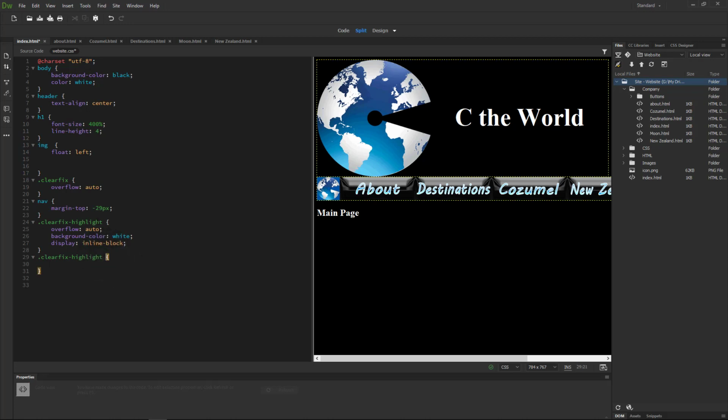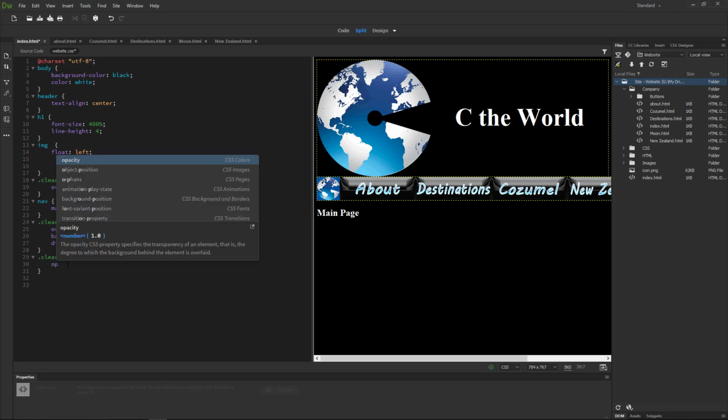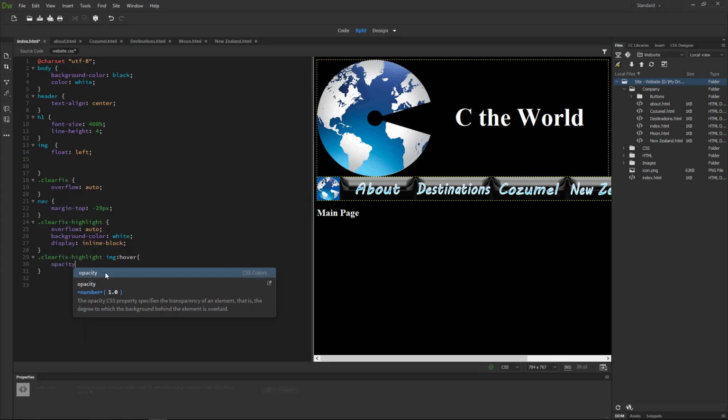So we want another .clearfix-highlight, but only for image tags. So img:hover. So an element that is selected when you mouse over it. If that's the case, then we want to do opacity, which is how transparent something is. 1.0 means not transparent at all, so we're going to do opacity: 0.5;